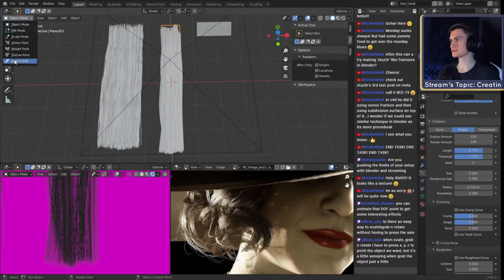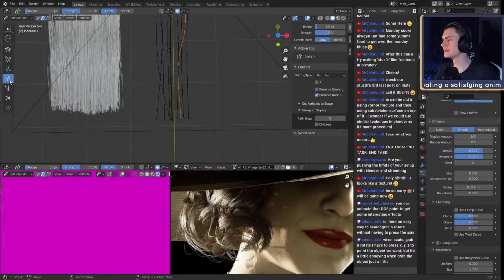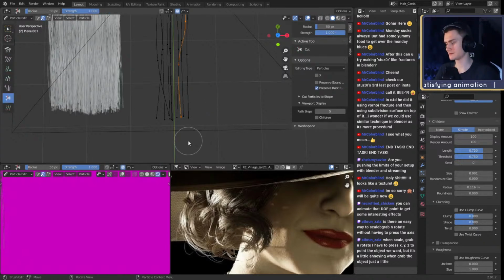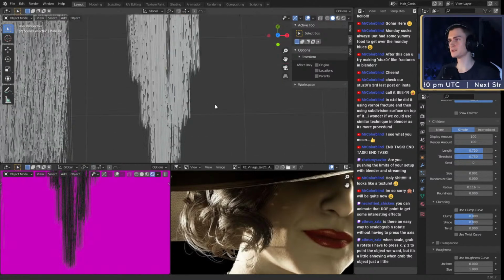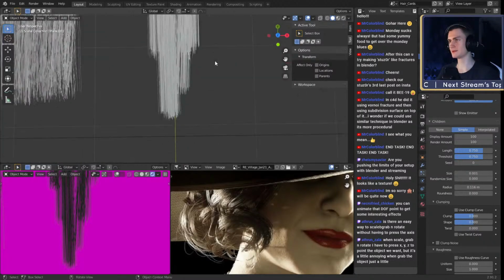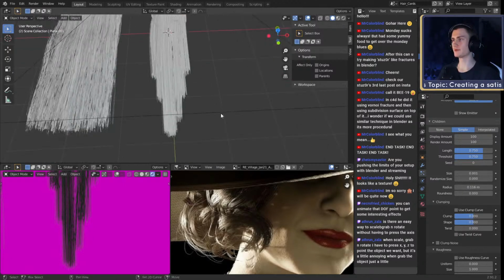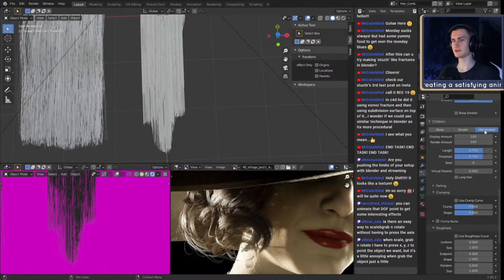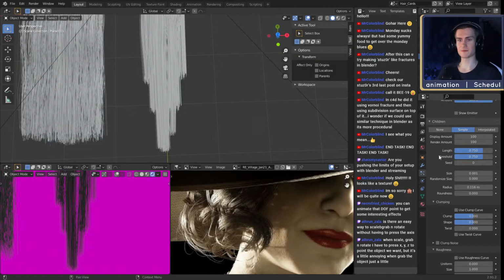Yeah, I guess we just use the brush. And what we can do is use the length. We can just say cut, and then select all of them and cut them to a nice sharp strand like that. Let's see if that looks good. Looks quite rigid. This would probably be solved with more parents. What if we put it back to interpolated? Looks not better. Let's see if we can play around with these settings.